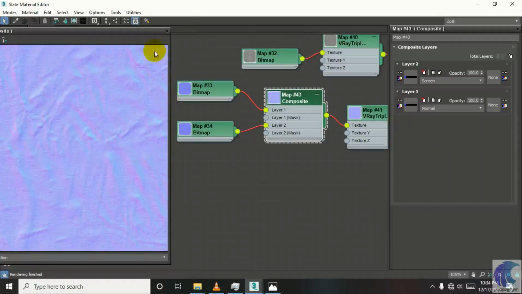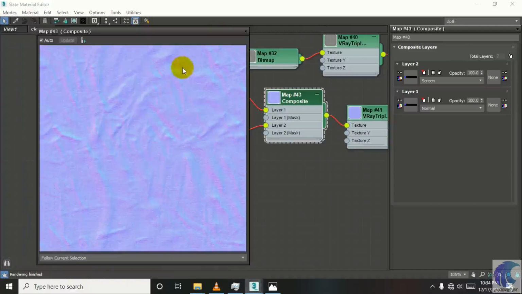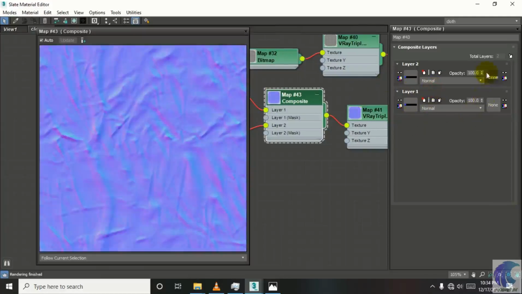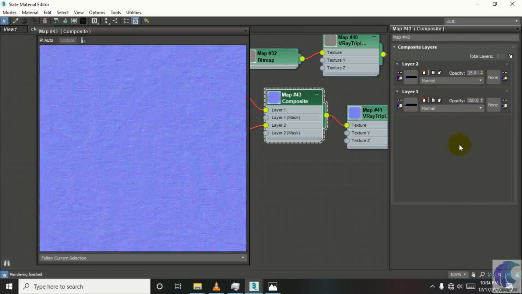Now what it is doing, as we are watching this wrinkle, this wrinkle will be more visible than this, which will be less visible. So now we have to put it on normal and just decrease its value.